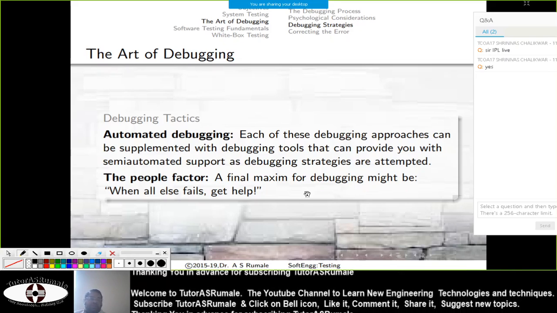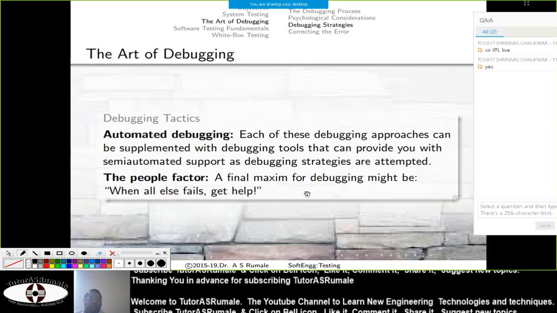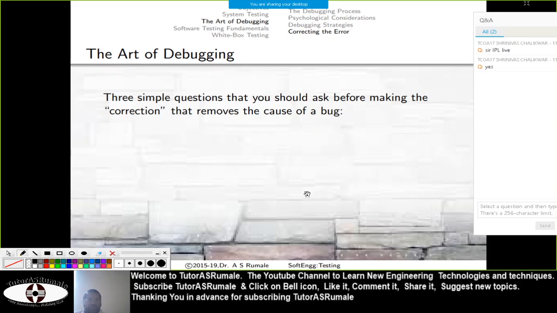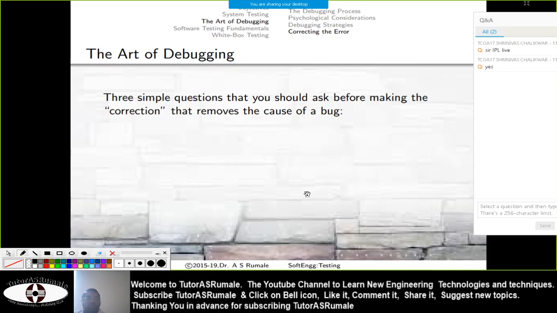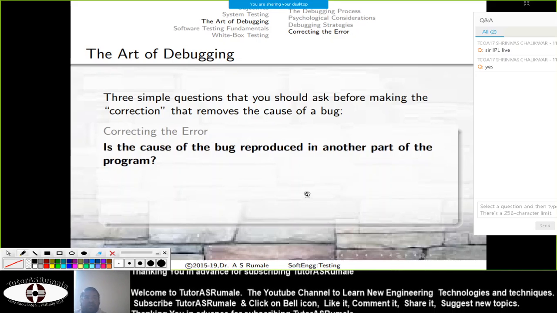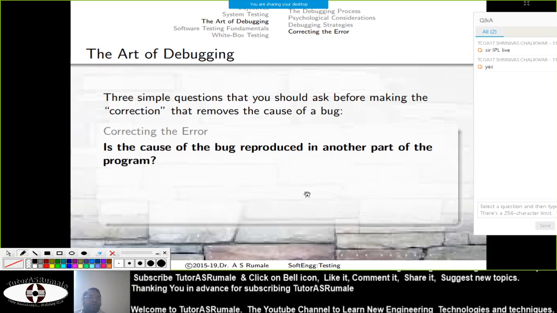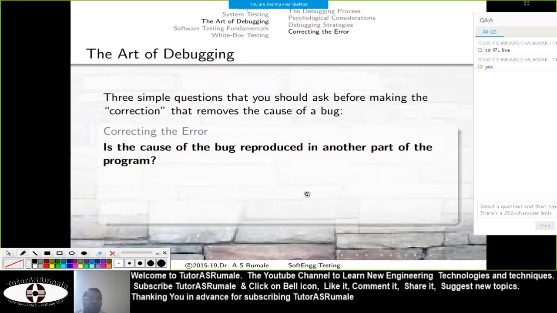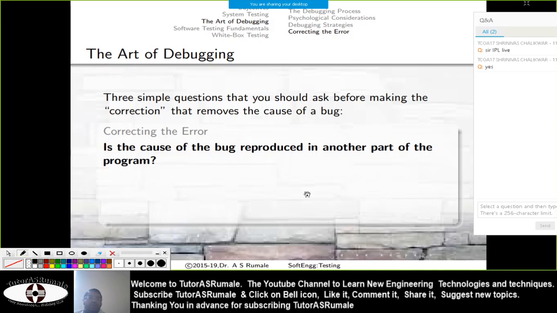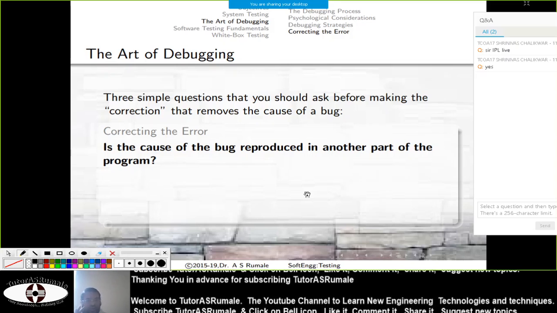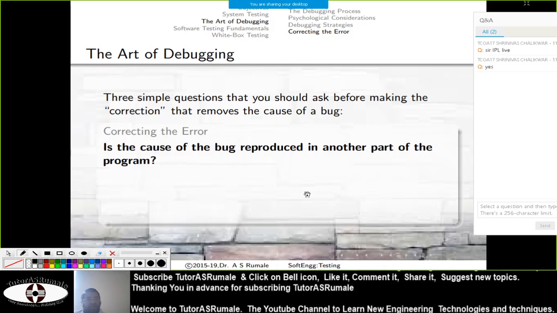So that is what we call the final maxim of debugging. There are three simple questions that you should ask before making any correction. The first question is: is the cause of the bug reproduced in another part of the program? Because sometimes there may not be any error in your program, and it may be caused by another program itself.